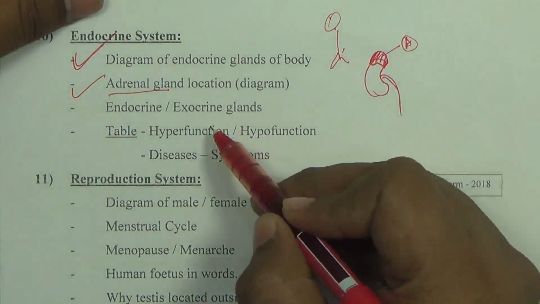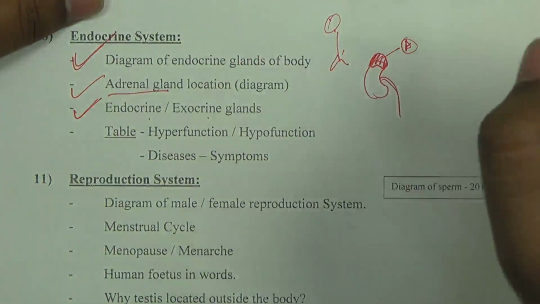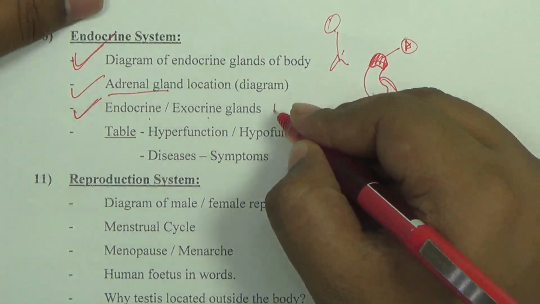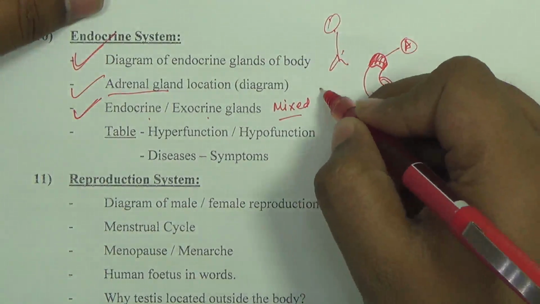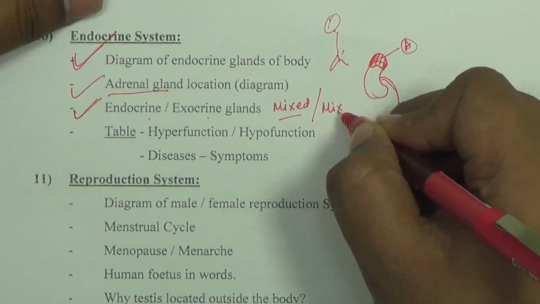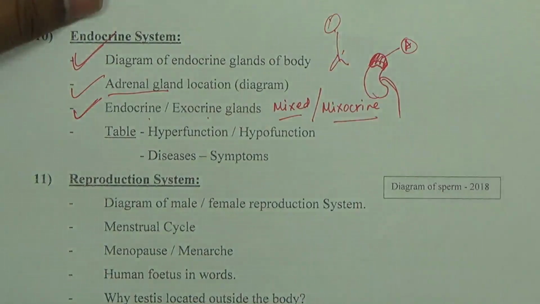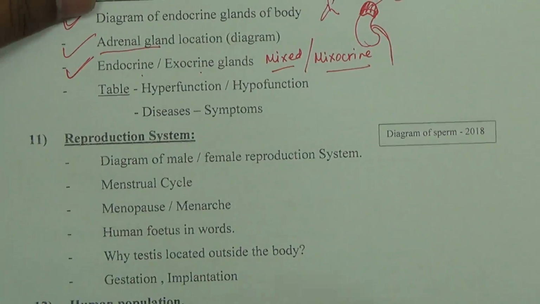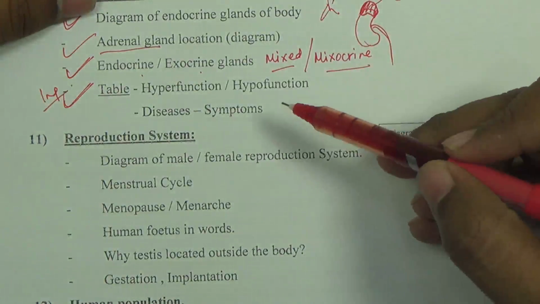Next, the differences between exocrine gland and endocrine gland, along with examples. They might ask again, what do you mean by a mixed gland? Like pancreas is a mixed gland. What do you mean by a mixed gland? Or it is called a mixocrine gland. Next, this table is very important and a very typical question of ICSE, in which you have a table